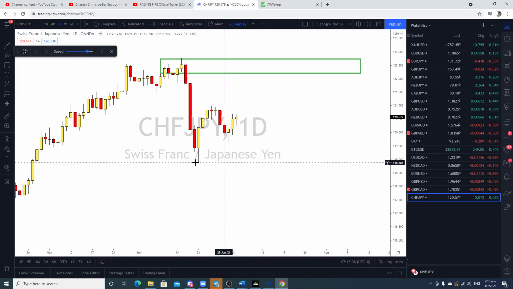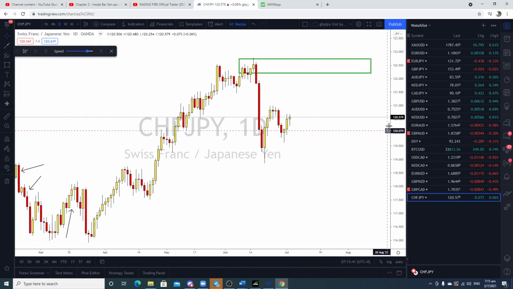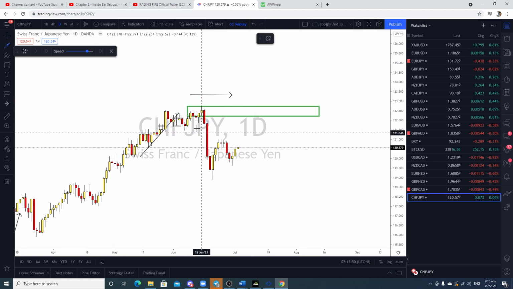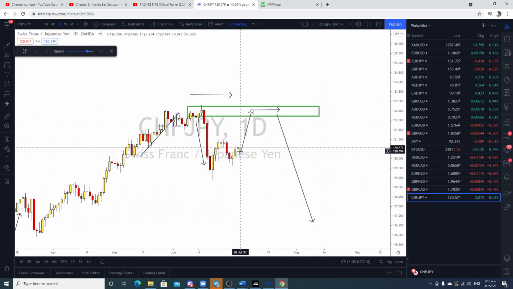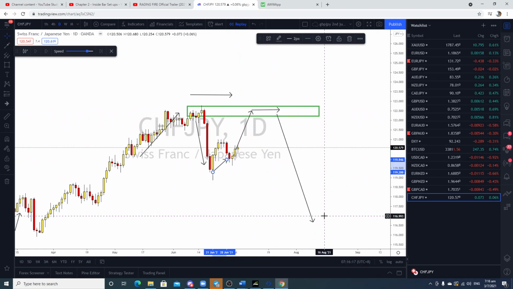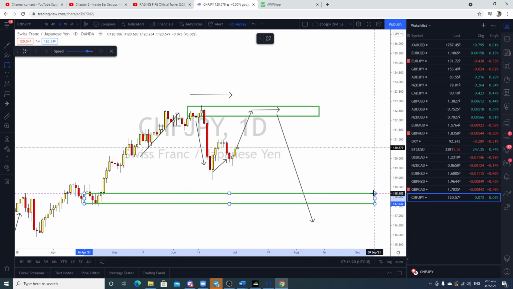Okay, the only thing that I can see is that price did come out in this case, right, from a supply and demand perspective, we knew that price has rallied here, and we knew that price is making a base here, and we knew that price has made a drop here. So in this case, we have a rally base drop right now. So for me, based on this, I mean, we should expect the market to rally again, make a base right at the supply zone again in this case, and then look for another drop of a continuation. Then you can see that in actual sense it's one line, right? In one line, in this case, price goes there, comes back, retests, goes up, makes a base, and then goes down towards the next demand. That would be